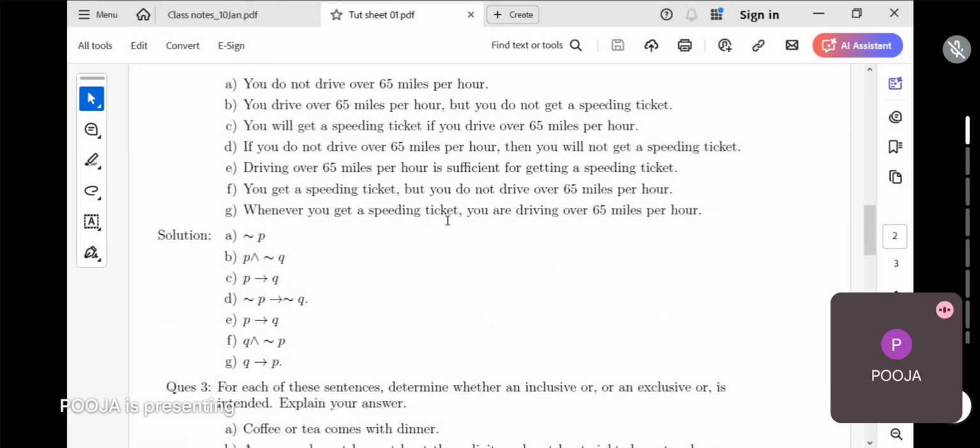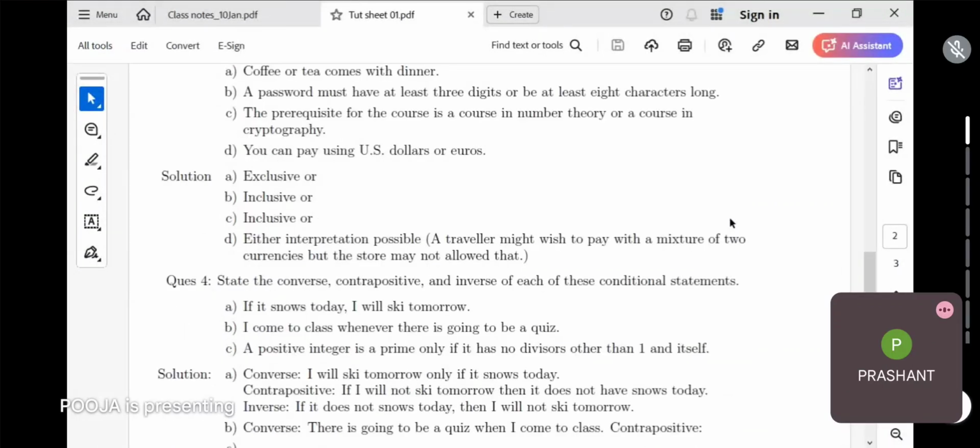If you get a speeding ticket, then you are driving over 65 miles per hour. तो whenever के बाद जो है that is P, whenever के पहले या comma के बाद जो लिखा हुआ है, उसके अलग जो part है that is your Q in case of P implies Q. तो Q whenever P. क्लियर? यस मैम क्लियर।